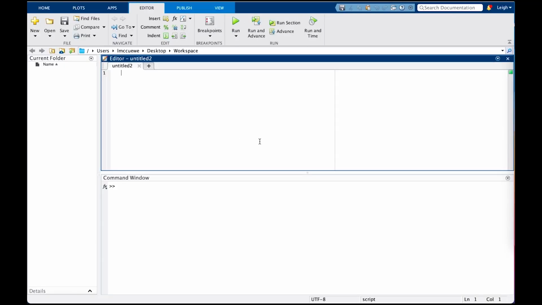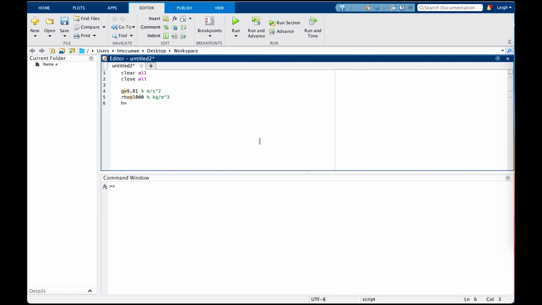I like to start all my MATLAB scripts by clearing and closing anything that might be open. So, I begin with the statement clear all and close all. Next, I'm going to enter the constants of g and rho. The percent sign in MATLAB lets me enter comments, and I'm using that here to keep track of units on the constants I enter. Then, I am going to create a vector to enter the depths I'm interested in.